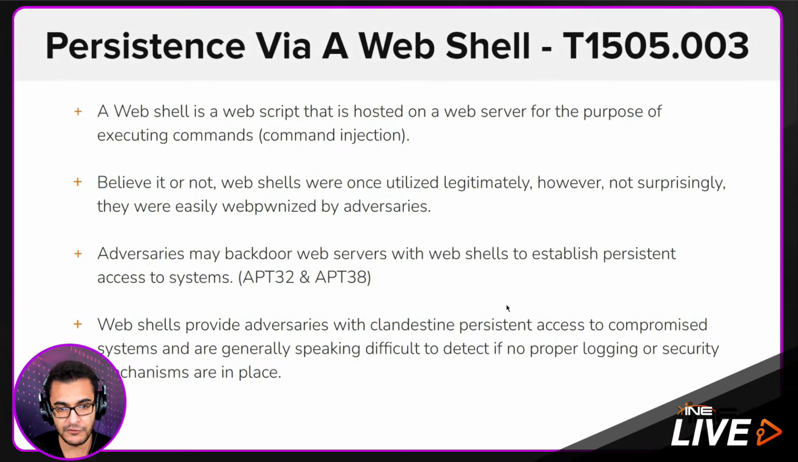All right. So, adversaries will typically backdoor web servers or really any types of servers with web shells to establish persistent access to systems. An example of this is APT32 and APT38. APT38 is Lazarus, thus the North Korean APT group, and APT32 is an APT group from Vietnam that targeted financial institutions around the world. What both of them did was essentially target specific web servers being used by these financial institutions, preferably ones that were not behind any type of security